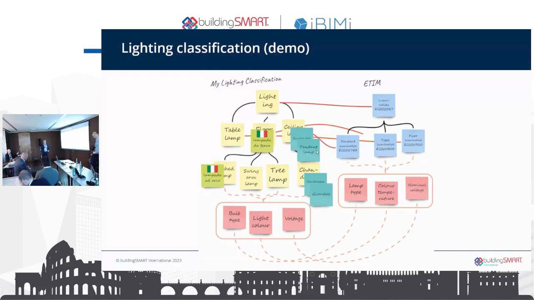Any other question? Please. So this information is connected to the GUID of an element, and then if you view the same file in a different environment, you can see these connections as well, right?